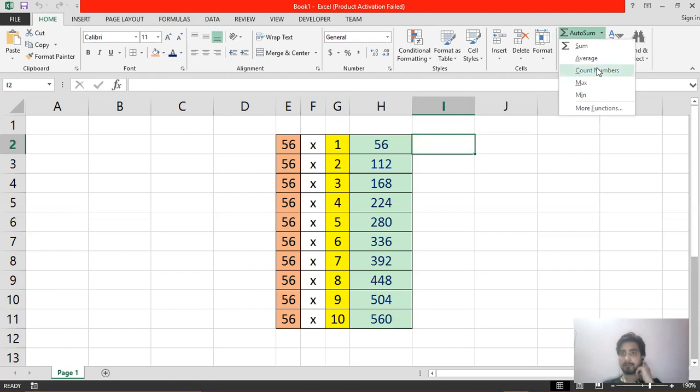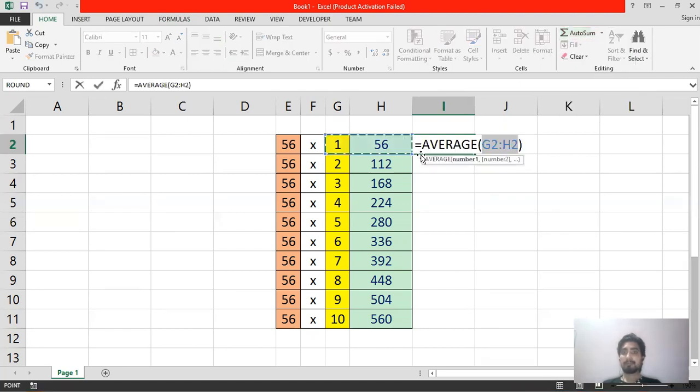Now suppose you want to find the average of these total numbers, then in that case just click on the average option and then write the cell from which you want to find the average. So the first cell is H6, so write the name of that cell.